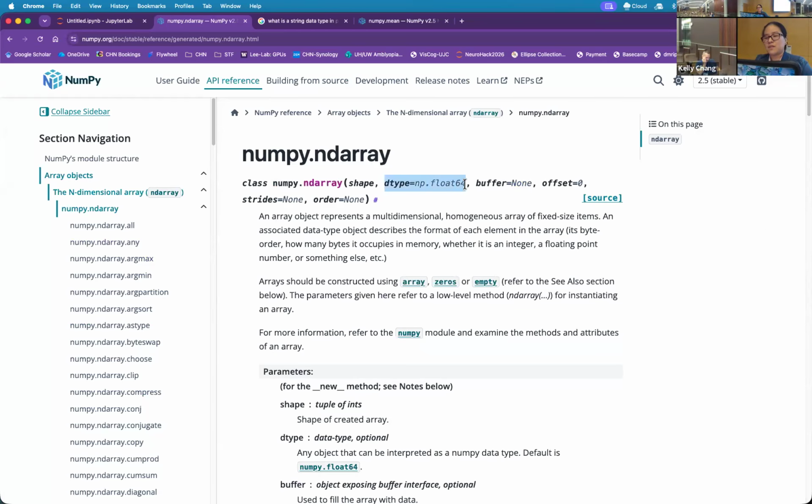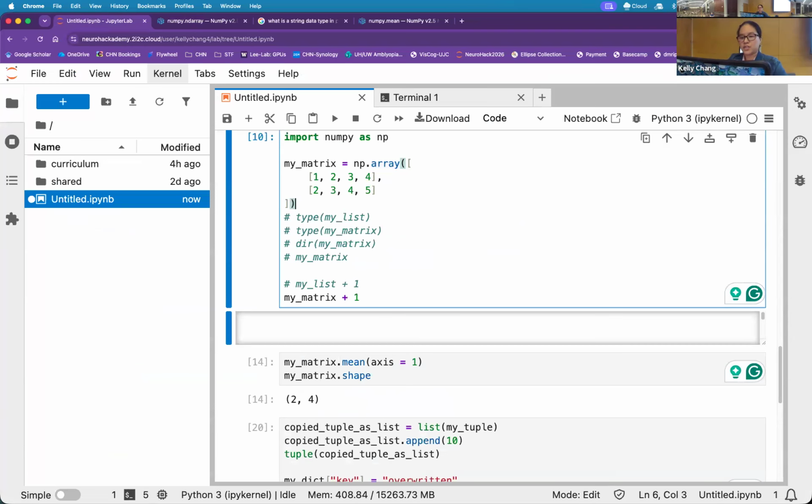You'll notice there's an argument that I did not specify upon call called dtype. This is short for data type. And here it says np.float64, automatic conversion upon call. So it's actually calling dtype equals np.float64, making my matrix units of float64.